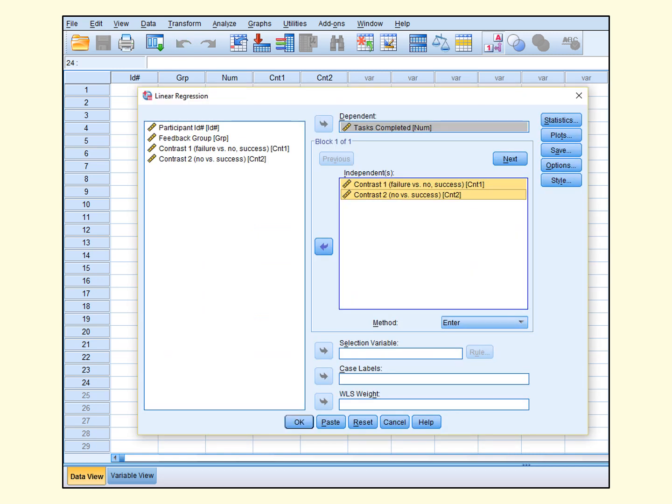Now once I've got these codes, I can use the regression module in SPSS to conduct my analysis. So I'm essentially doing an ANOVA within the regression module. Now of course you could do an ANOVA in the ANOVA module of SPSS or in the general linear module of SPSS, but I'm choosing the regression module because it allows me to play around with different coding schemes, and